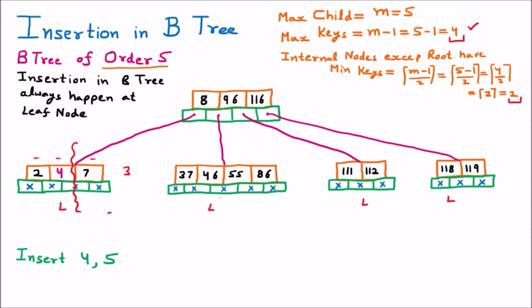So if we insert the 5, then 2 and 4 will remain the same, then afterward 5 will come, then 7 will remain the same. So this will become a node, and the node will contain 4 keys, and obviously if 4 keys are there, there will be 5 children. So that is how this node will be constructed. So now we are going to reconstruct this node. So 5 will come here, and we will put the cross. The cross is for, that means there is no further child. So this is how we have inserted the 5 in the B tree.